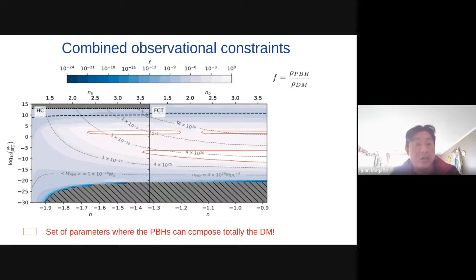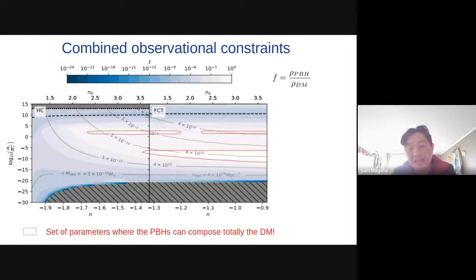And the interesting result of this work is that we found 4 windows, a combination of the parameters n_blue and M star, where this happened. For example, in horizon crossing, we found this region here. And it is very interesting because the characteristic mass is about 10 to 2 solar masses, and this mass overlaps with the masses estimated by LIGO of the collision of compact objects and the emission of gravitational waves.